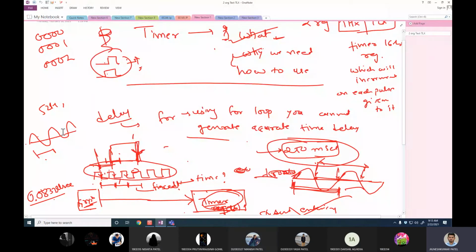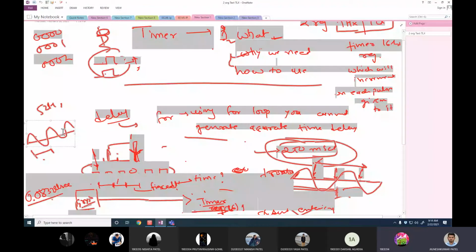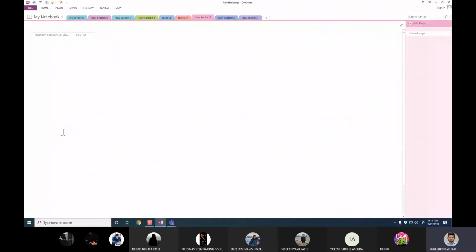Okay. So let's begin the class. In the last lecture, we were discussing timer. So let's go inside there once again. How does a timer particularly work for 8051? To explain what a timer is like and how we are going to count time using a timer, let's assume the following.